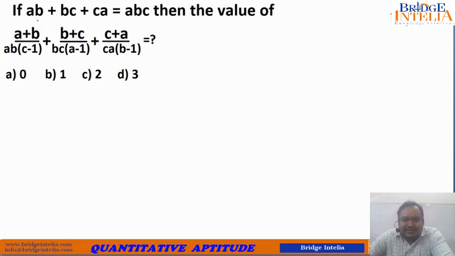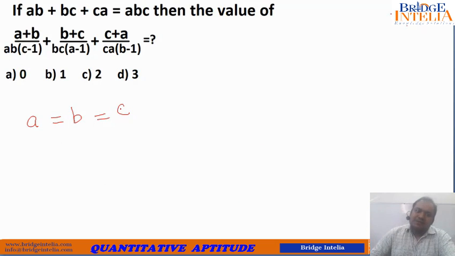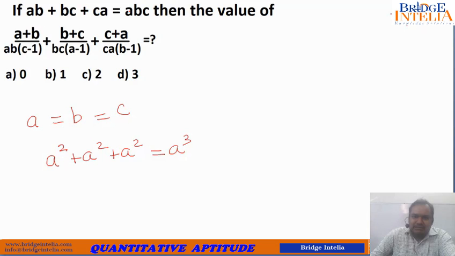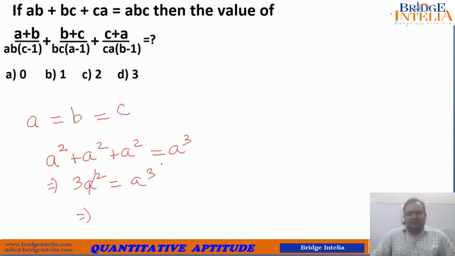Again a symmetrical expression. You have been given a symmetrical expression and you are asked to calculate another symmetrical expression. Then how to solve this? You have to simply assume all the variables to be equal. That's it. a is equal to b is equal to c. Now what does the given information change to? It now means a square, because a and b are same, b is also a. So I can write a square plus a square plus a square is given to me as a cube, a b c, that means a into a into a. From here you can see that 3a square is equal to a cube. From here you can safely assume that a is equal to 3.